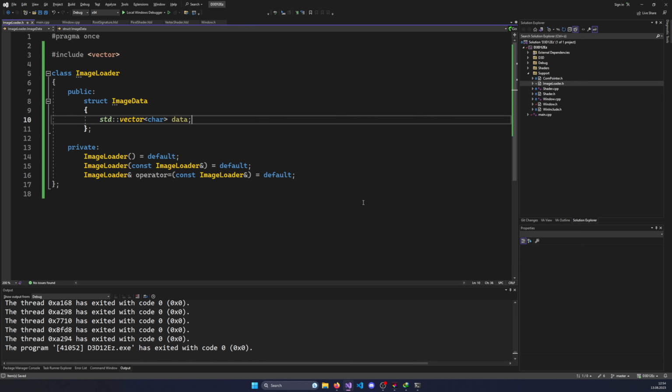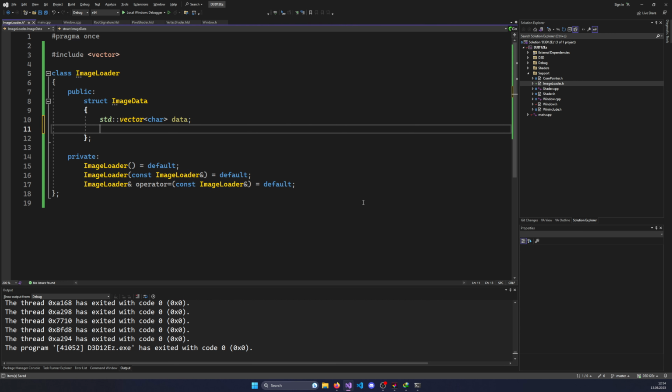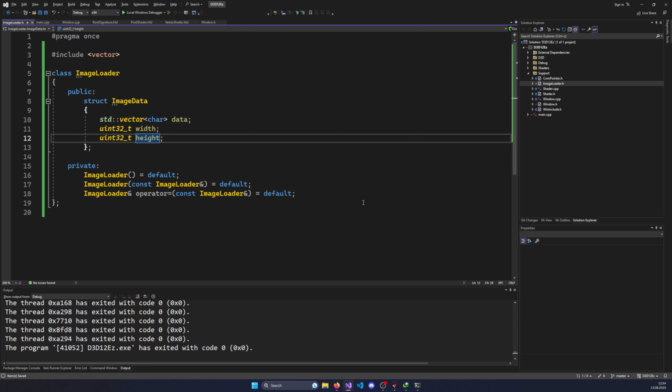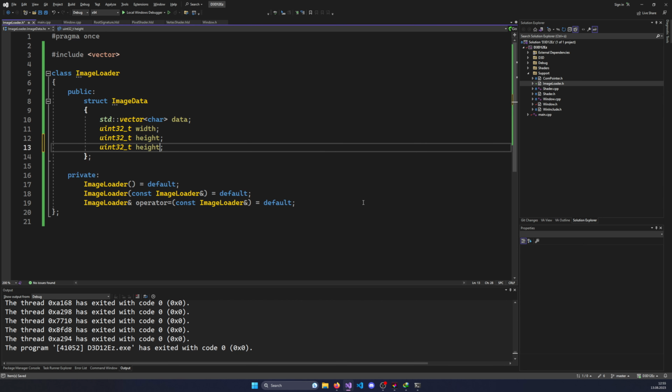Alright, so we have a bit of data. Now, which properties does an image have? Well, an image has a width and a height, so that's something that we want to do as well. I'm going to do this as UINT32, because that is the format that Windows Imaging Component uses. So we're going to have a width, we're going to have a height, and additionally to these metadata, we also